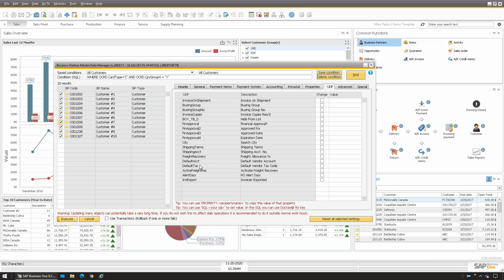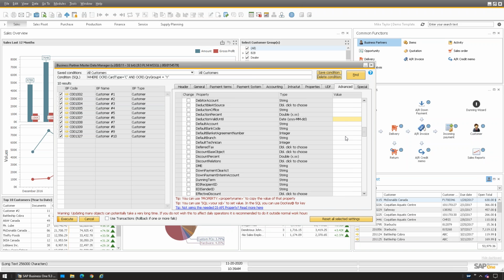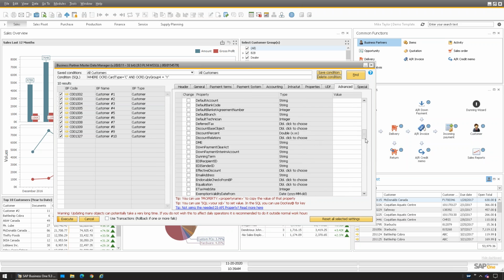So in these different fields, you can also use SQL. If there's some sort of other query that you needed to do, or something more complicated that is one of these criteria here, you can set that through SQL. You could do all sorts of calculations and make these different properties fit whatever you need. And the beautiful thing about this is it does it properly through the DI API, the exact same way that the DTW does. So you can affect system fields without having to do direct